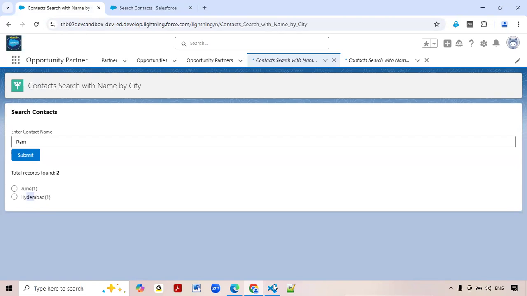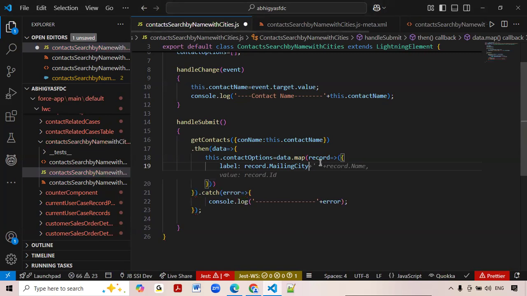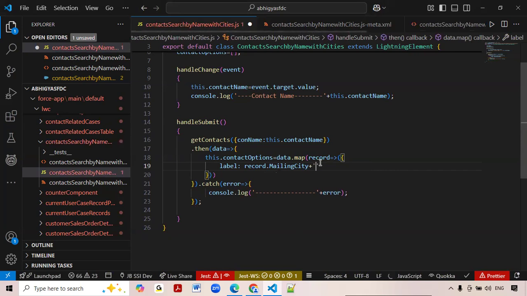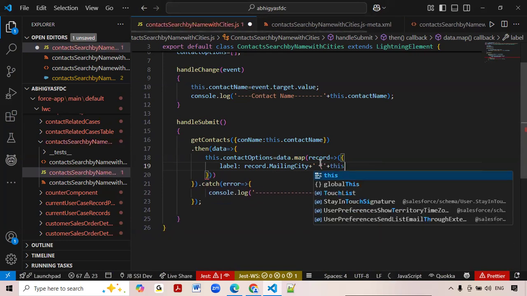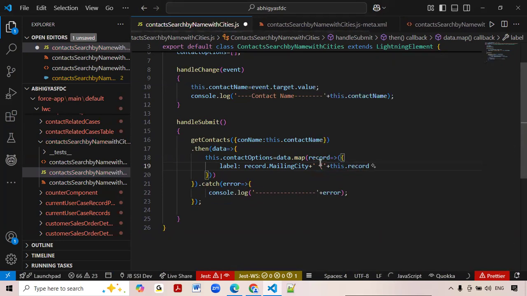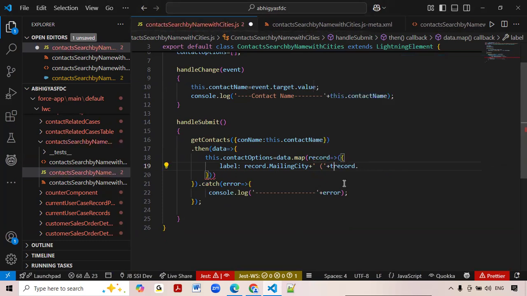For that purpose we take a plus, concatenating the data. Bracket open, bracket close, this dot record, not this keyword, just record dot